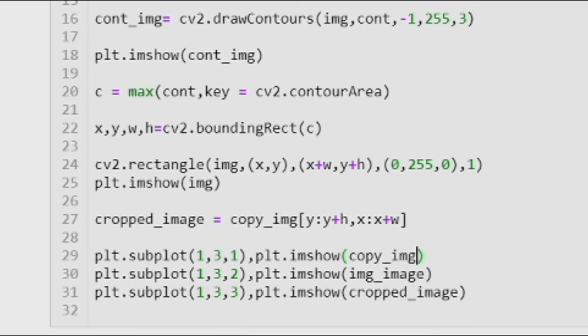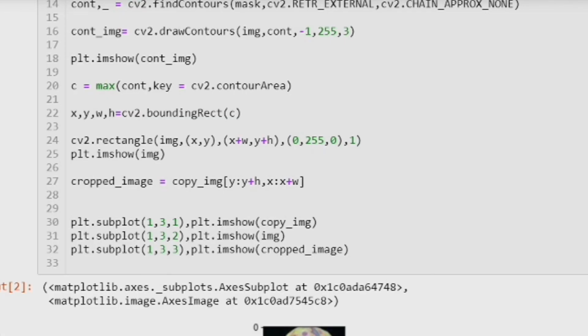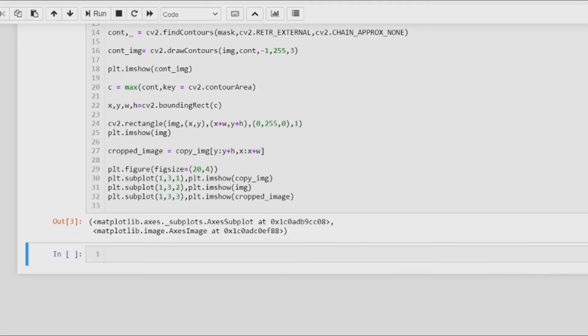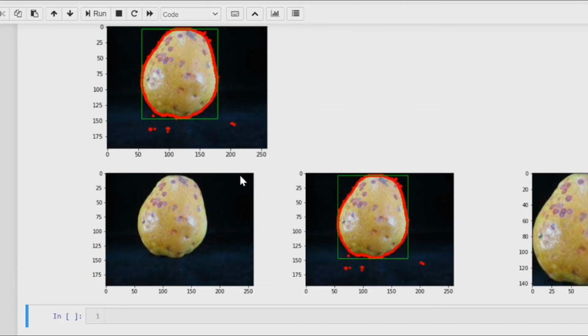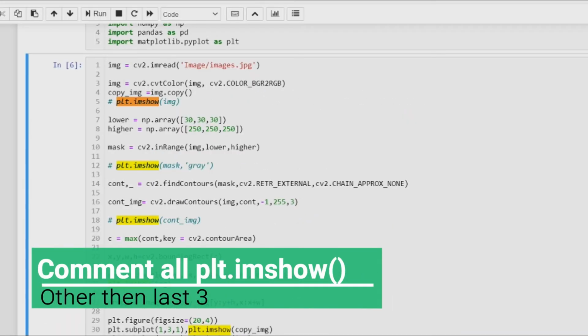We have copy img, and here we have simple img. So you can see we have all three images, but put a figure size over here so that it will look a little more beautiful. I have a figure size of 20,4, which fits pretty well on top of these subplots. I think we are somewhere also doing this, that's why we have to comment all these imshow.